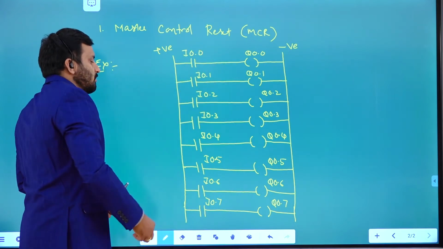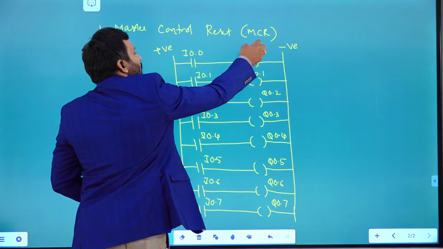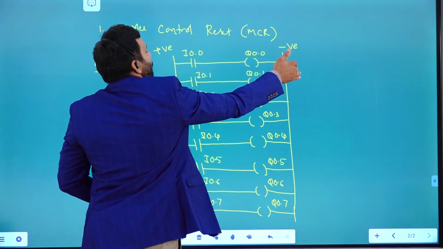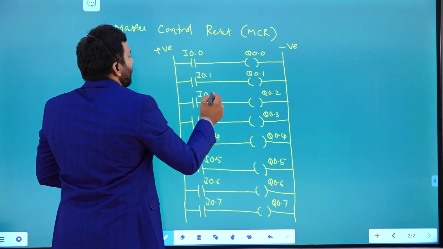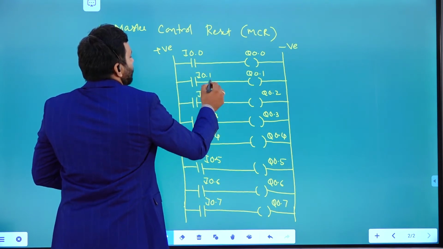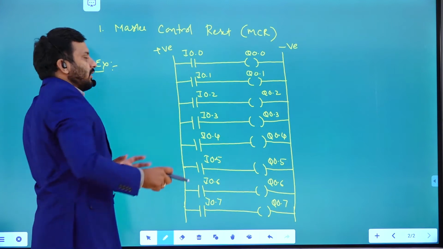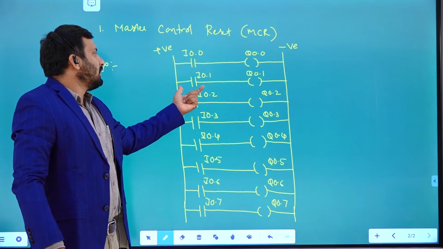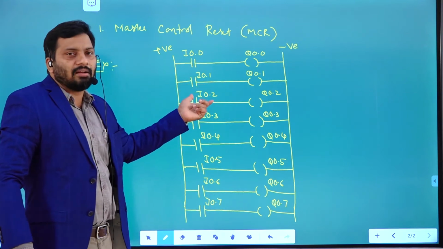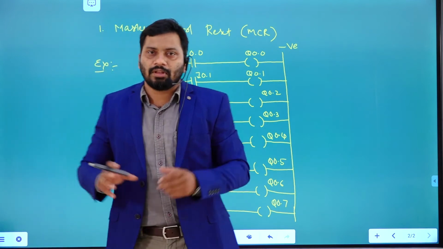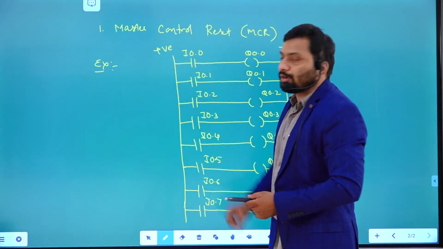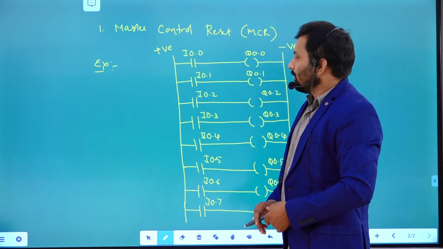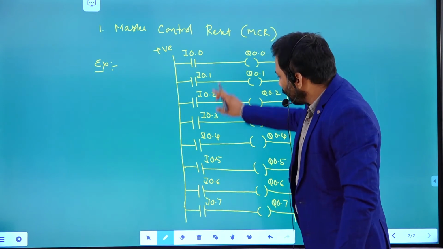This particular logic is going to be executed like this. Every rung from left to right. After completion of the first rung, it moves to the second rung, then executes from left to right. Sometimes it may be not only one input in a rung; it may be more than one input, in AND operation or OR operation, that means in series or in parallel. More than one input may be present in this particular rung, whether it's the first rung, second rung or third rung. These are going to be executed like this.